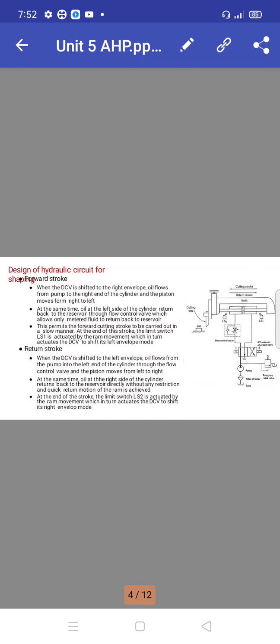The design of hydraulic circuit for shaper. So shaper is also a planar mechanism. Here also the ram movement is the major one. It removes material in the forward stroke, and the return stroke is the idle stroke. So it moves faster compared with the forward stroke. This is the major